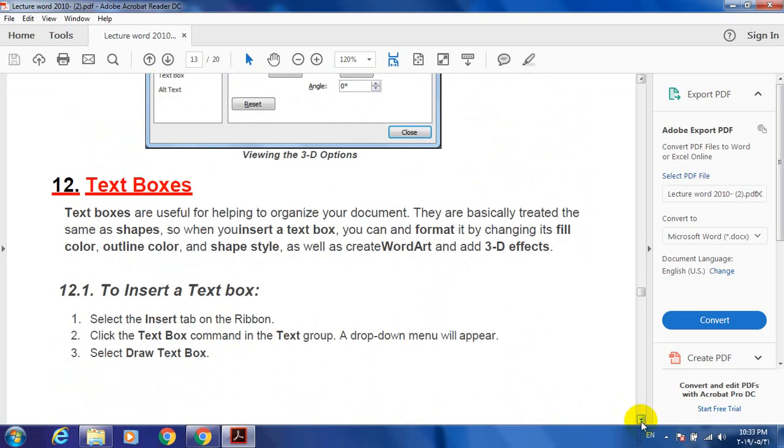Text boxes are useful for helping to organize your document. It is useful for organizing our document. They are basically treated the same as shapes. So when you insert a text box, you can format it by changing its fill color, outline color, and shape style,